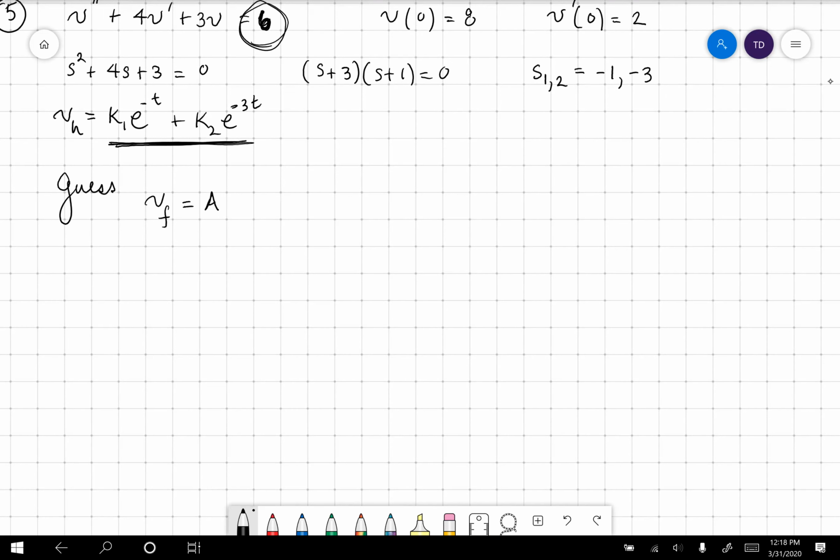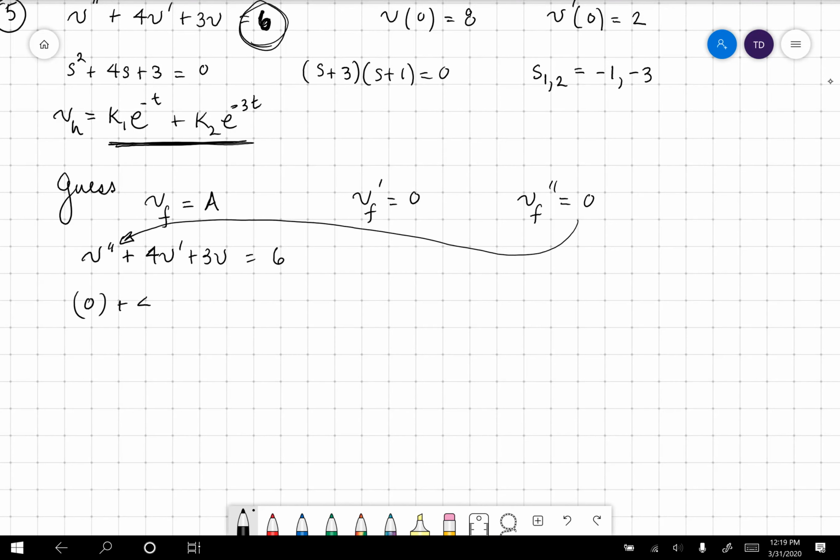It's a good guess. So VF prime is equal to 0. VF double prime is equal to 0. This is going to be really easy. We're going to substitute those into the differential equation, reminding you of the differential equation. V double prime plus 4V prime plus 3V is equal to 6. So we're going to substitute in. Here we go. 0, that's that one, plus 4 times 0, that's that one, plus 3 times A, that's this one, is equal to 6. 3A equals 6, A is equal to 2, and therefore